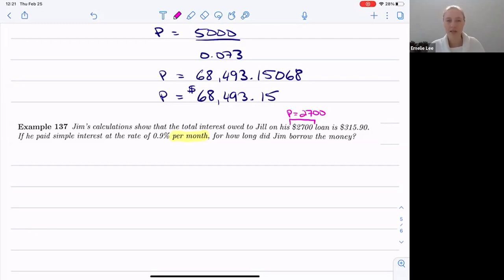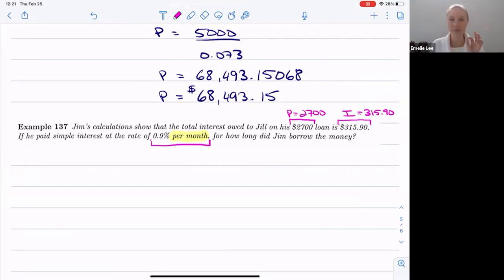And then it says that the total interest owed is $315.90. So that's a dollar amount. So that means capital I is $315.90. Okay. So then if he paid simple interest at a rate of 0.9% per month,